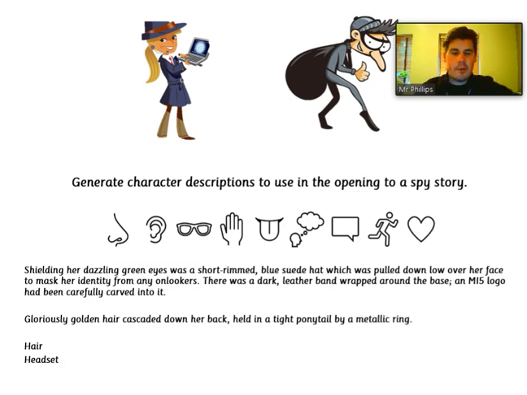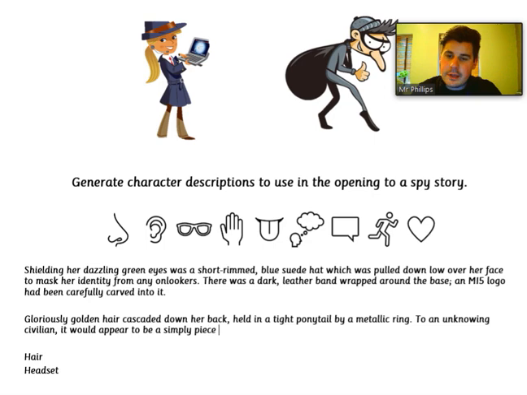Ring. Full stop. Here's a chance for an extra sentence. Remember, we don't just move on, we describe it. Maybe that metallic ring is a tracking device, so her bosses can use it to track where she is. Gloriously golden hair cascaded down her back, held in a tight ponytail by a metallic ring. To an unknowing civilian, it would appear to be a simple piece of